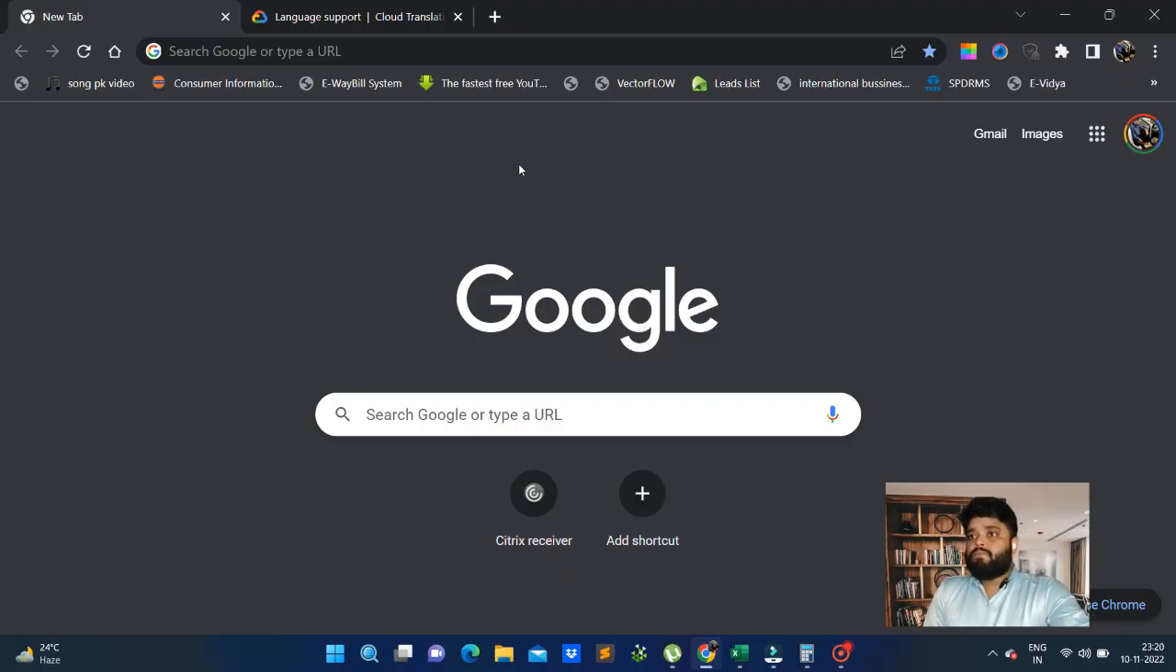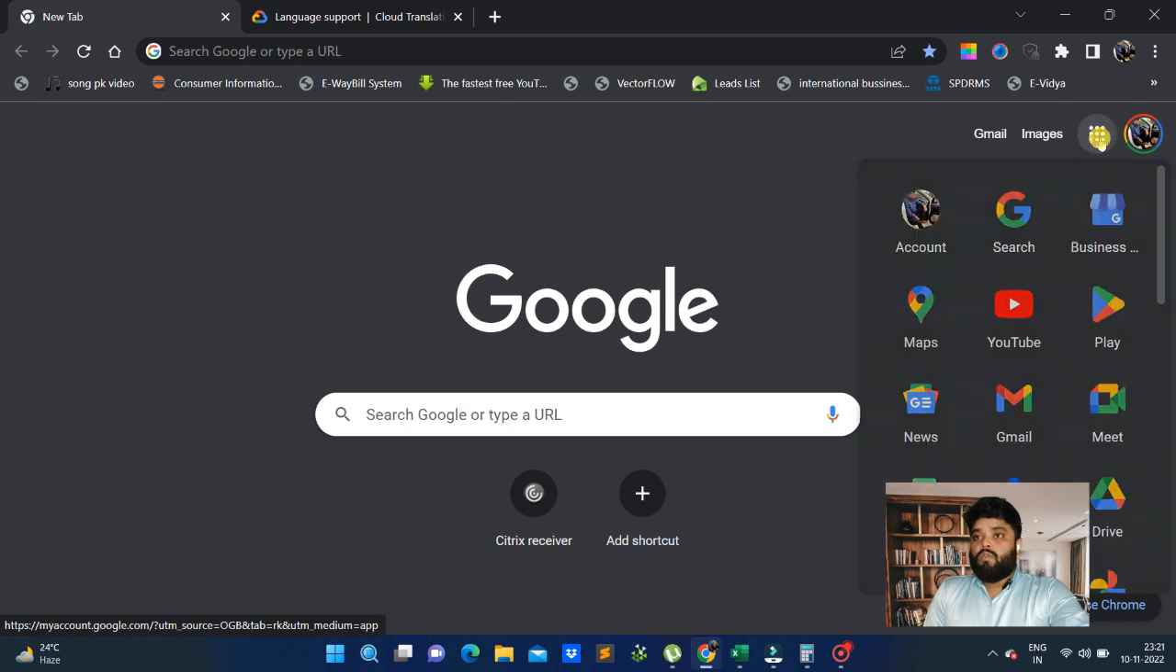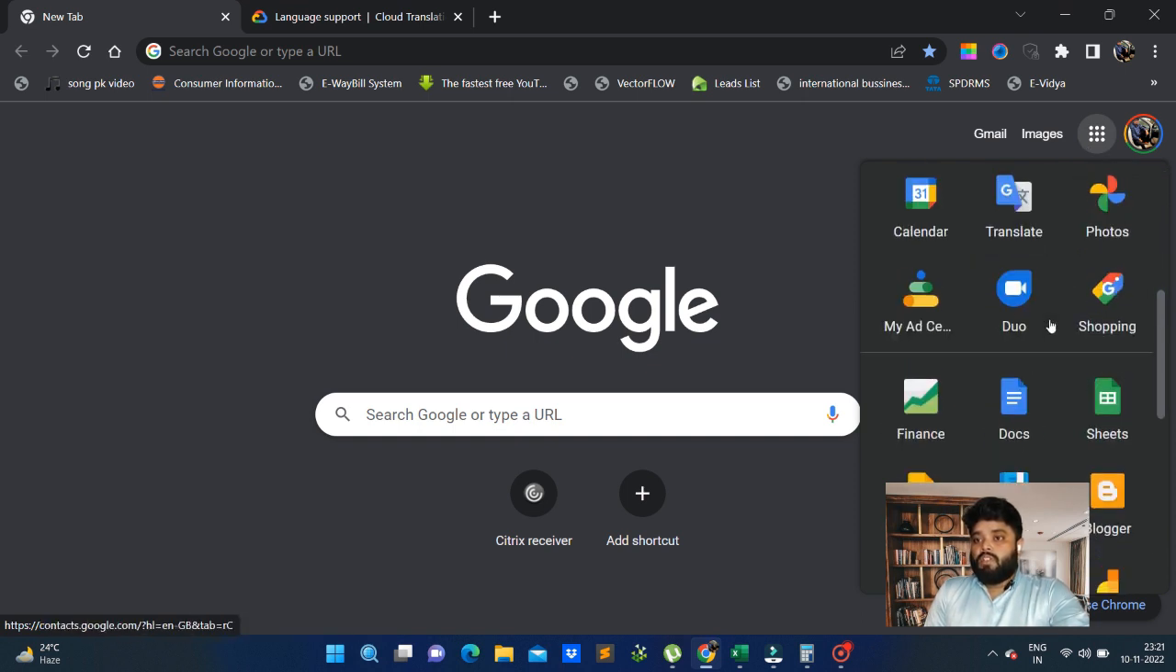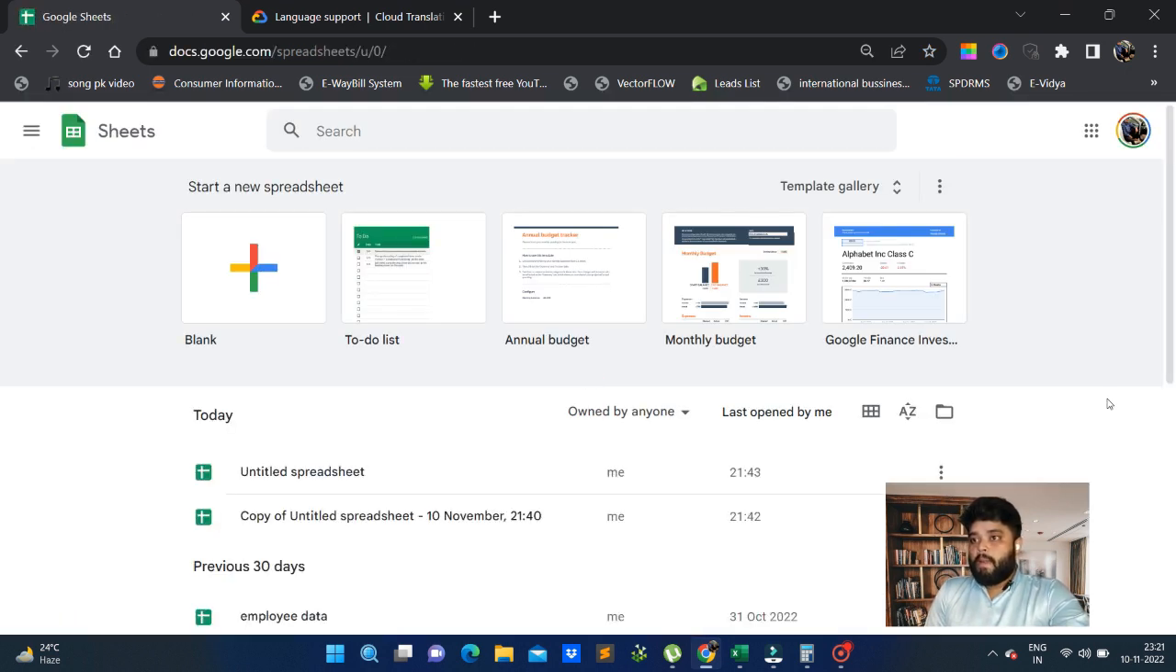Okay, so let's start. First, you can see on the screen here I have opened Google Chrome, and in this I will go to Google Apps. I have already logged in to my Gmail Google account, and I will go to Google Apps. Below, if you can see here, Google Sheet is there. So just click on Google Sheet. So Google Sheet, as you can see on the screen here,